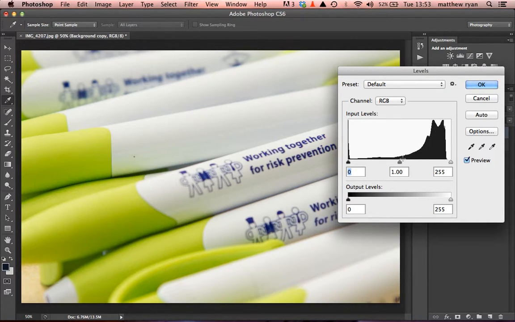Okay? Now, you've got three arrows directly underneath the histogram: a black arrow, a mid-grey arrow, and one that's a little bit lighter. It should be white, but it's not, it's quite a light grey, okay? Now, what these represent is the order of the pixels. On the left-hand side, you have black. In the middle, you have mid-grey, 50-50 grey, and then on the right-hand side, you have pure white, okay? Now, you'll see from here, there's a slight gap, which means that none of my pixels on this image are